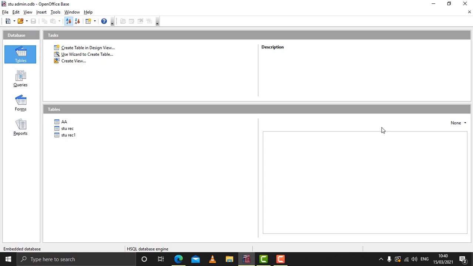So structured query language basically is used for these purposes, for updating and modification of the data in a relational database. So we will today learn about some of the statements of SQL which can be used in OpenOffice Base for all these purposes. So let's begin.